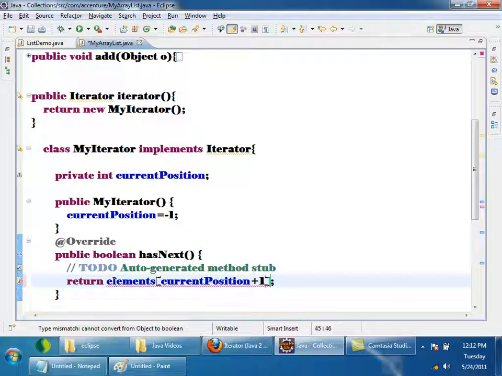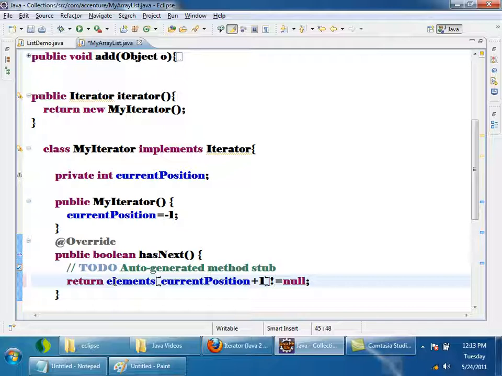It will check currentPosition + 1, which is -1 + 1 = 0, is not equal to null. If it is not equal to null, there is an element. So if I call hasNext for the first time, having got an iterator object, currentPosition will be -1, so elements of -1 + 1 becomes elements of 0. If elements of 0, this one, is not null, that means there is an element at that location. If this condition is satisfied, it will return true, right?